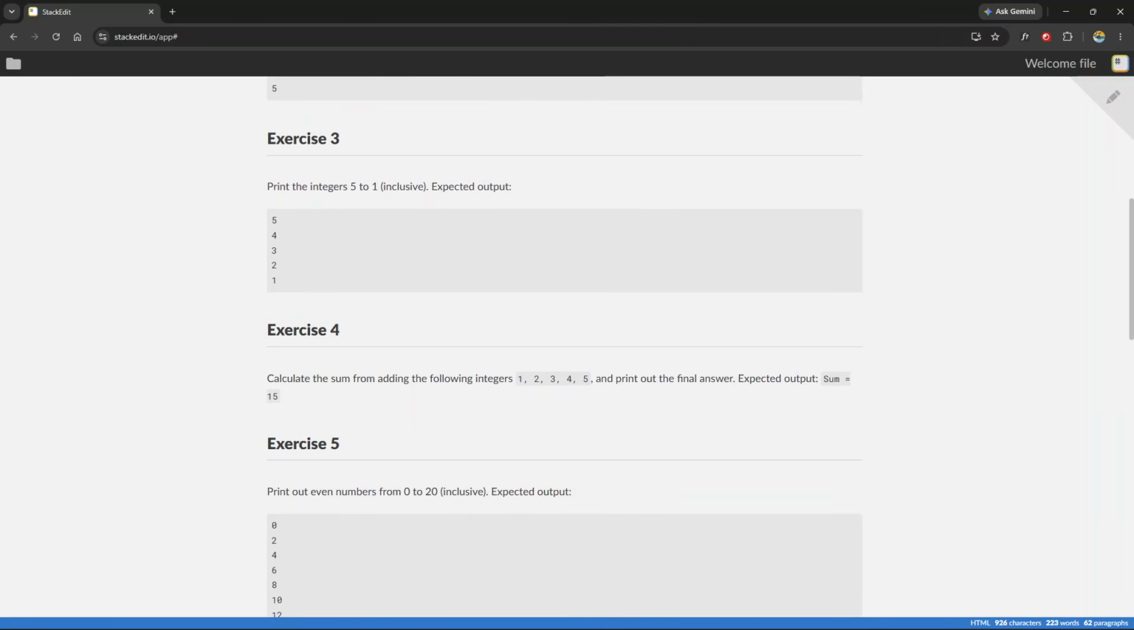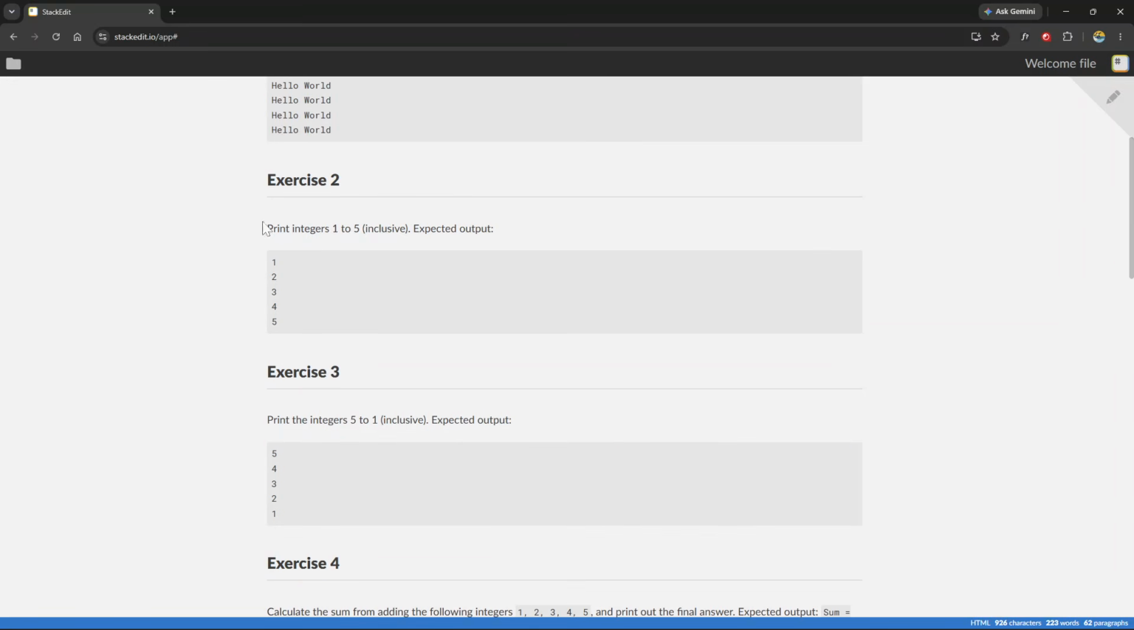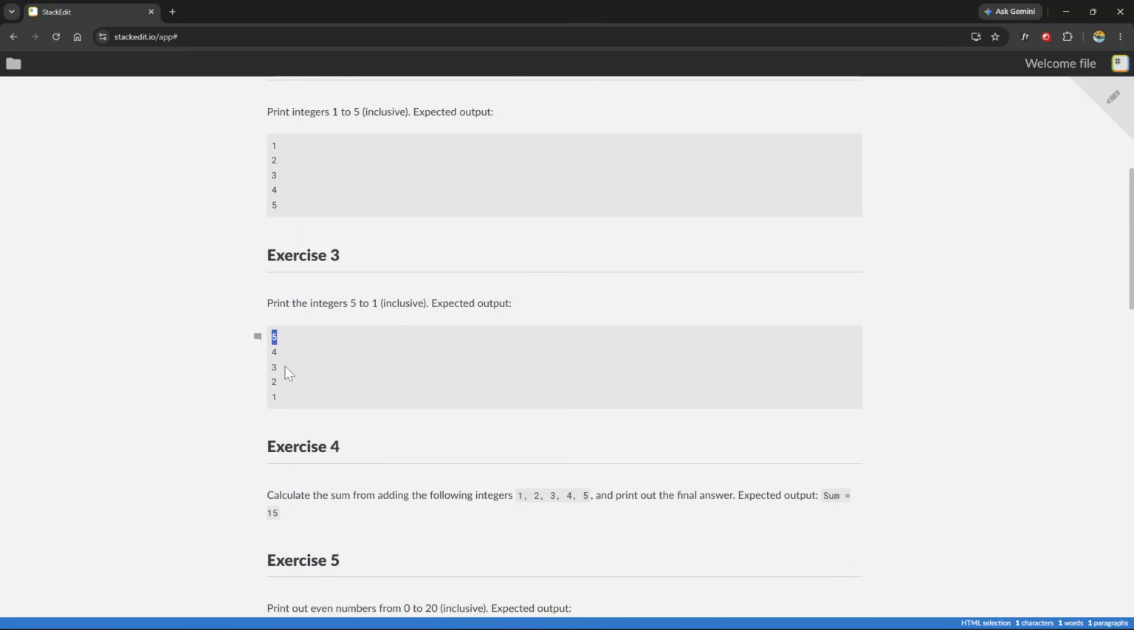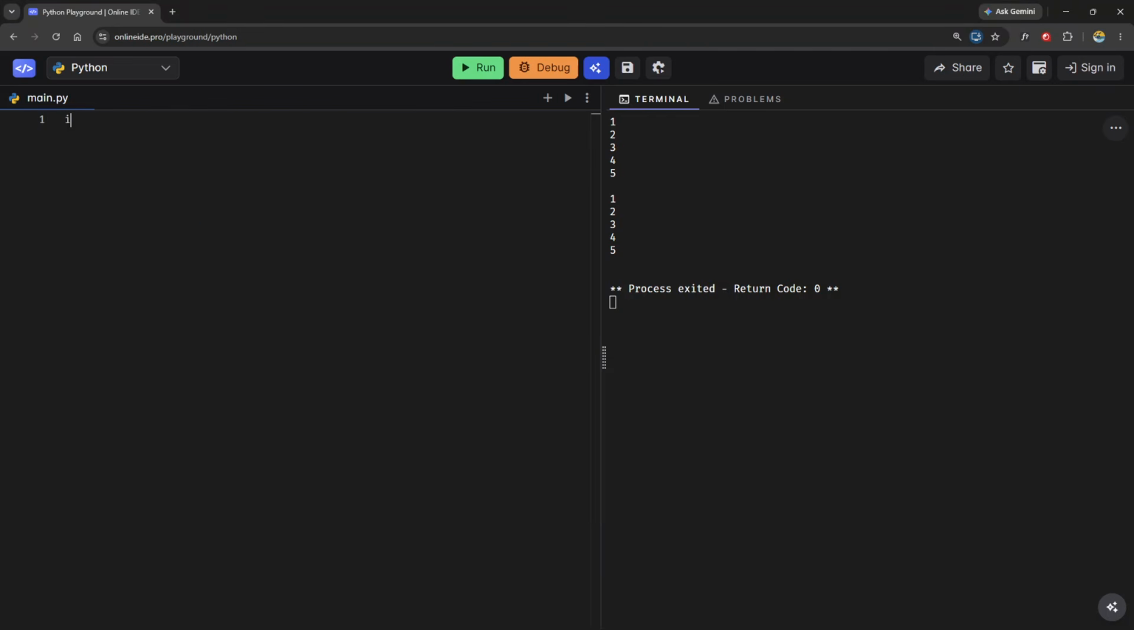Here we're going to print the integers 5 to 1 inclusively, but now we're doing something very similar, but we're counting down. So we're going to start from 5 and go down to 1, including 1. So again, we're going to say i is equal to 5 here. And so, while i is greater than or equal to 1, print i, and then we're going to say i is minus equals